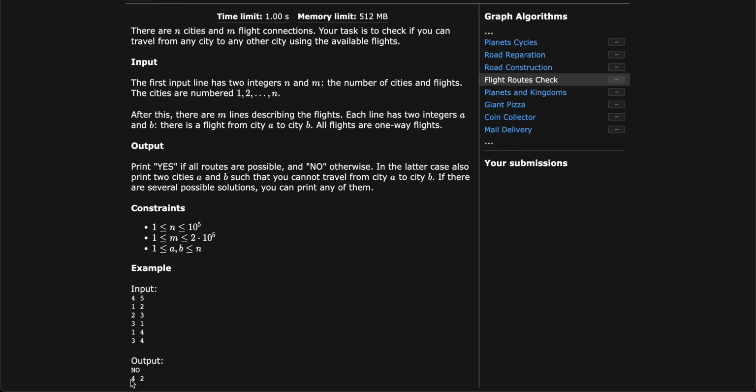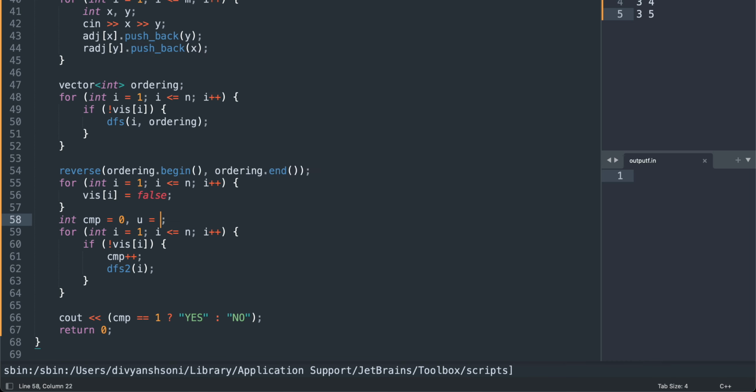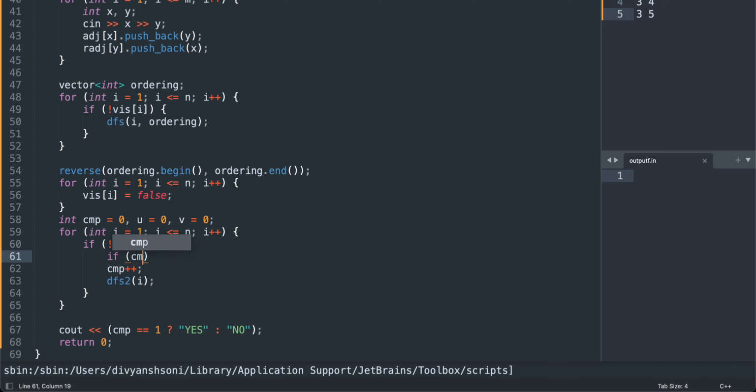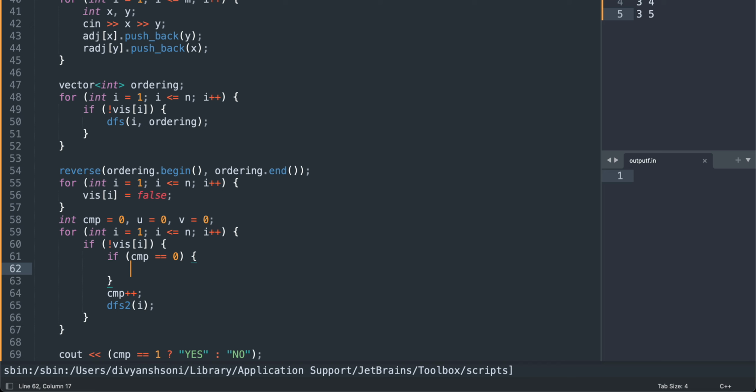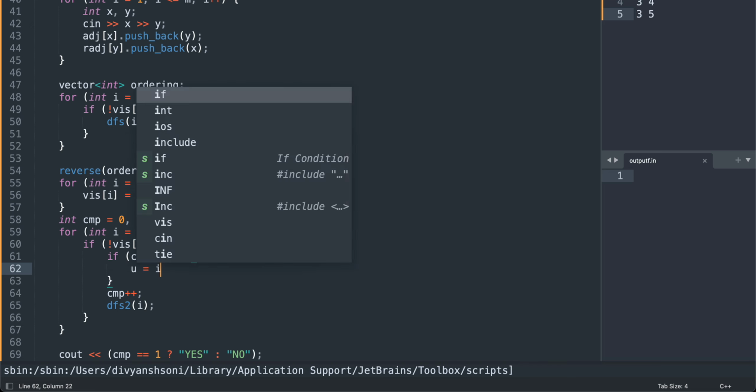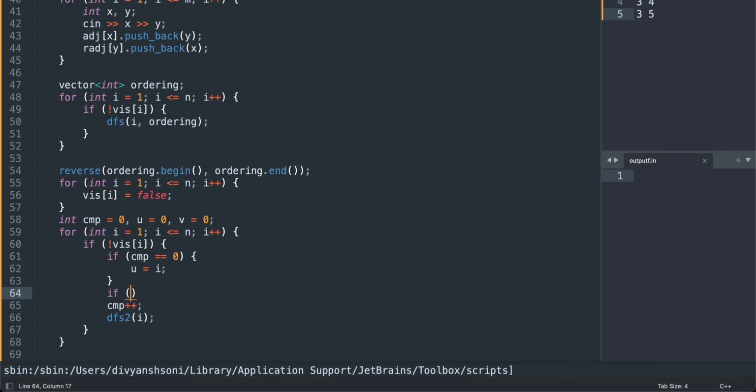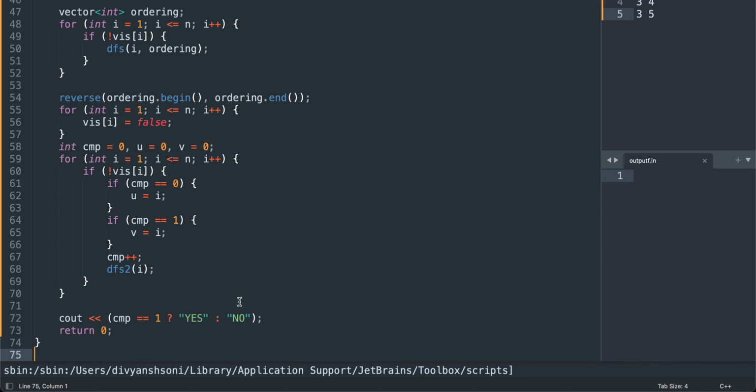I think that's easy, right? So we can have 2, u is 0, v is 0. So first time DFS. Here the component is 0. That means first time I'm hitting this. That means that node becomes I. That component is 1. That means we can say v is equal to I. So if it is no, that means,